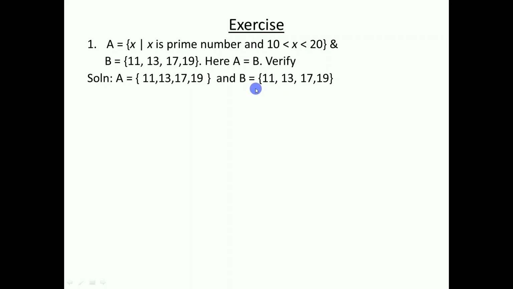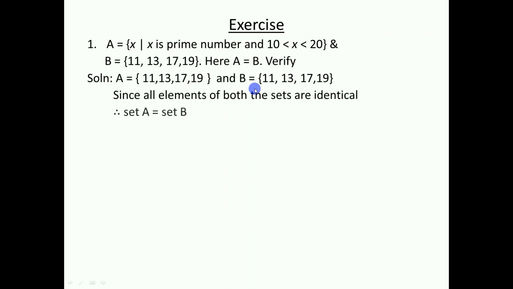So in this case we can say that since all the elements of both the sets are identical, set A is equal to set B. We have given the verification here. Now moving on to the next question, here it is saying that set C having a variable x such that